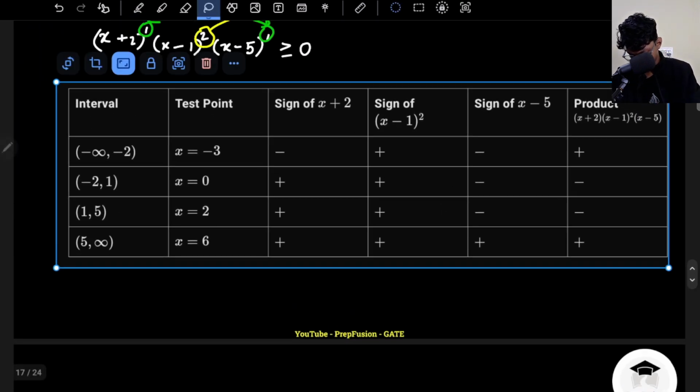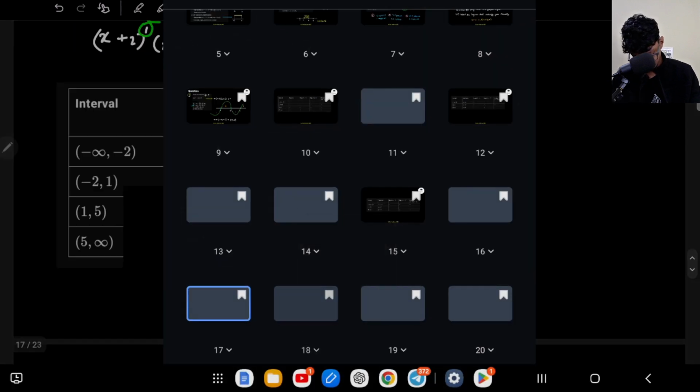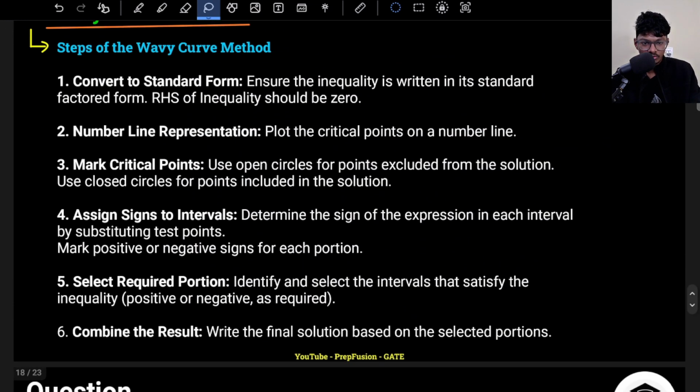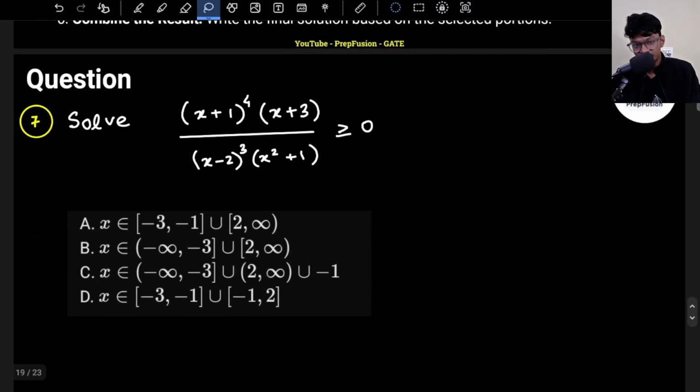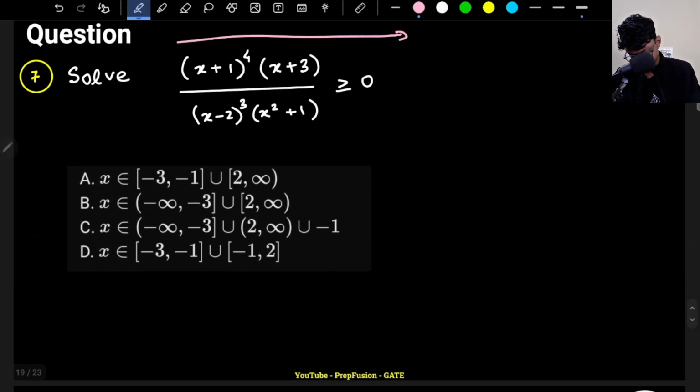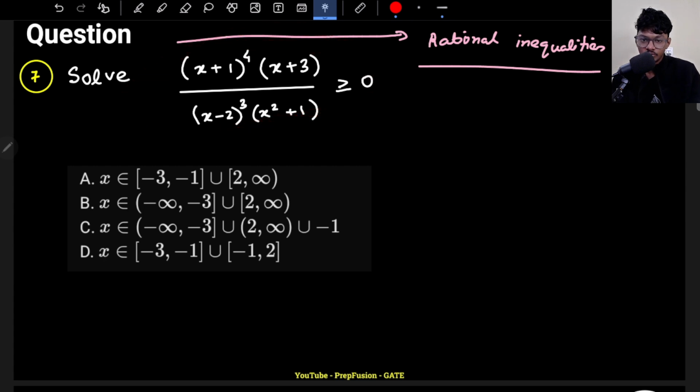So we'll delete this page. Now, just the steps are written, whatever I have explained in the lecture. You can go through the steps. I don't want to explain too much on the steps. We want to solve the final part of this lecture, that is solving rational inequalities. Now that is what I was talking about at the starting of this lecture. You might get scared after watching this question if you don't know anything about inequalities, but you have a bit of sign. So in rational inequalities, nothing changes